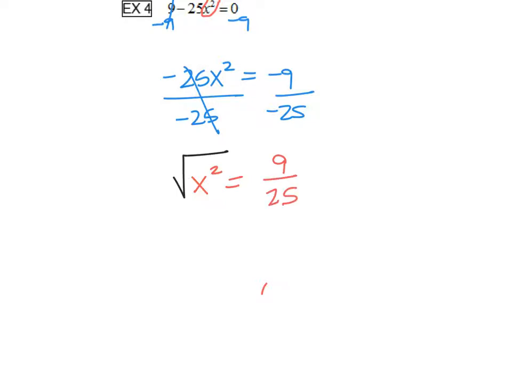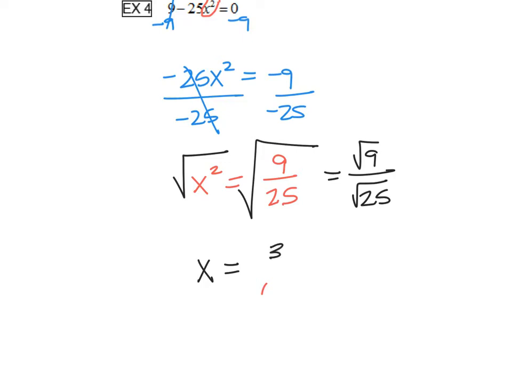And then we square root both sides to get the x to the first power. So x equals, now 9 over 25, if you notice I left it as a 9 over 25, it doesn't divide evenly. So I leave that alone, and now we are square rooting a fraction. We had one example like this in the intro video, I think. If you're square rooting a fraction, you can separate it out. Square root the top number, which is 3, square root the bottom number, which is 5, but then